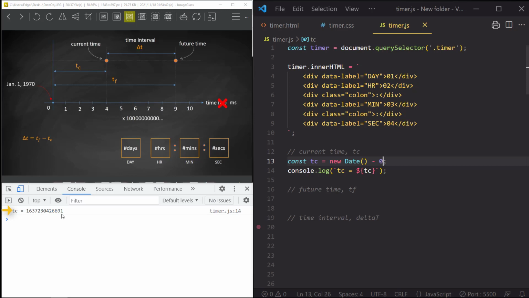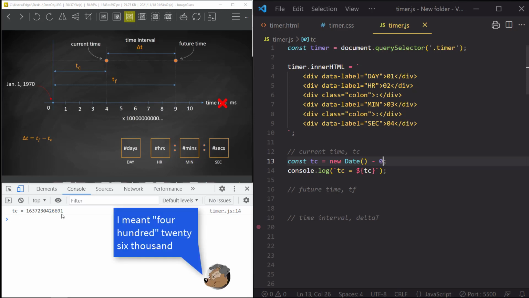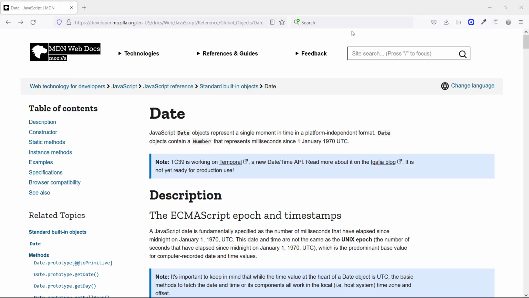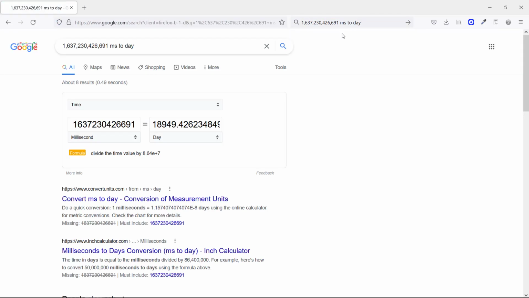And that will be 1,637,230,626,691 milliseconds. Let's quickly verify this number. Using Google, let's convert this large number into number of days. Copy this number and on the search bar, paste the number, then add millisecond to day. And we have